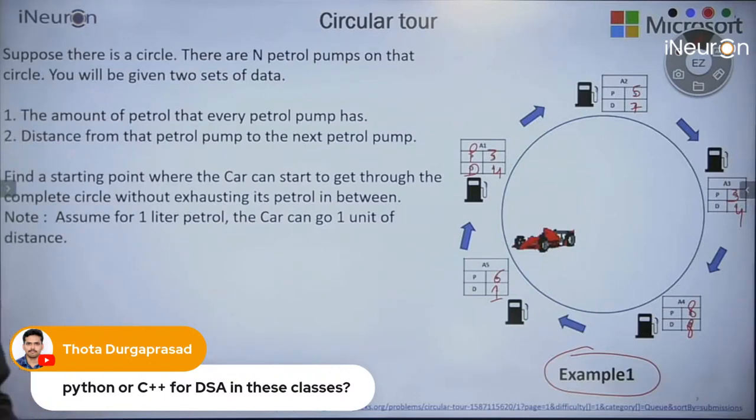Language will come automatically. Let me tell you one more thing. Let's suppose you are 0 at any language. You are 0 at DSA. You are 0 at both of them. Can you start? Yes, you can start from today itself. How can you start? There are 2 ways you can start. One is you can join the